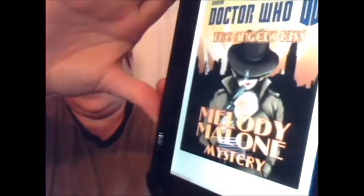We also finished, well, I had already finished reading this last week, but Damaris finished it: Doctor Who, The Angel's Kiss, a Melody Malone mystery, which was a tie-in to The Angels Take Manhattan. So we finished that one. And we also read, this week...